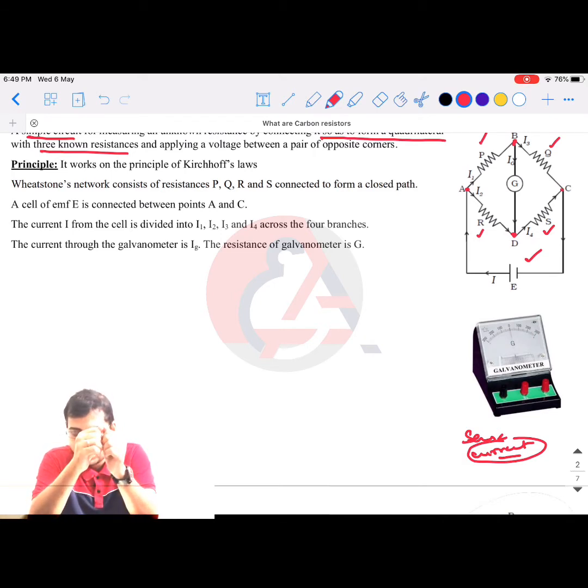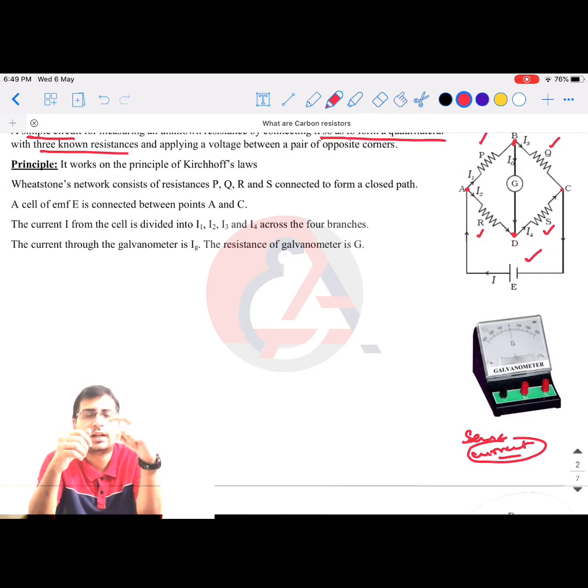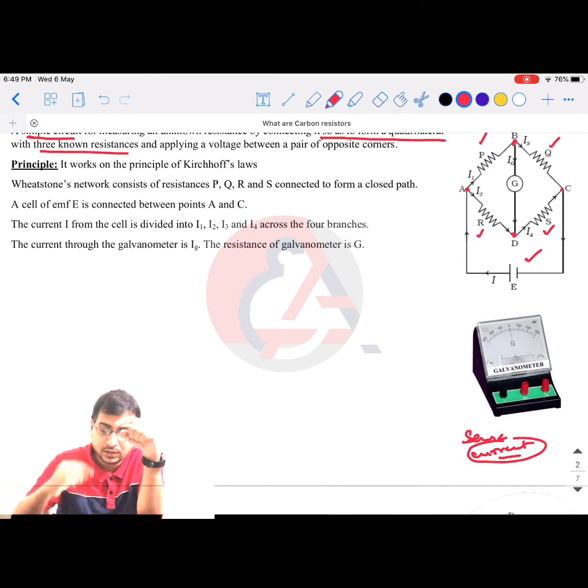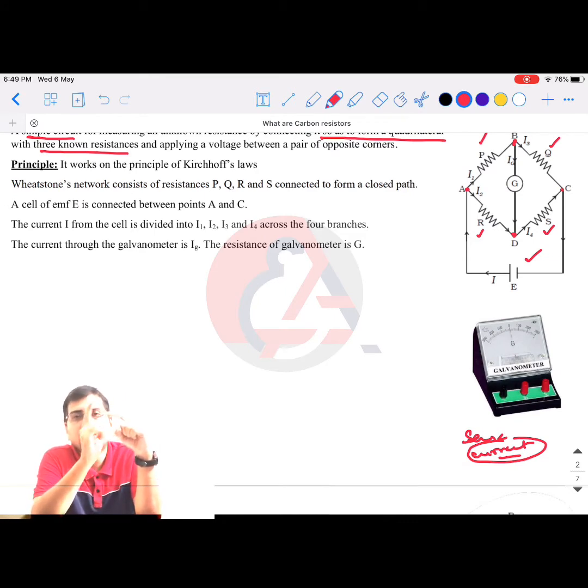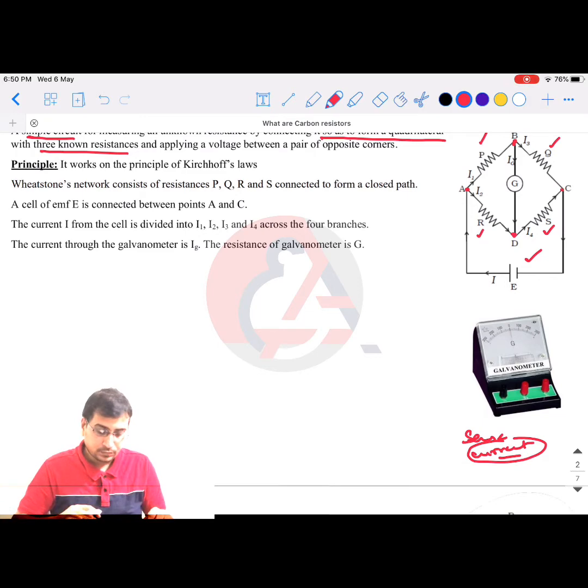If you look at the way the galvanometer is calibrated, the center will have the 0. So 0 will be calibrated at the center and the pointer will be exactly at the center. Suppose in the circuit the current is flowing in the clockwise direction and the galvanometer senses that current is flowing, it shows the deflection to the right. If you reverse the polarities of the battery, then you can observe that the galvanometer will show the deflection in the opposite direction. So that is the main work of a galvanometer.